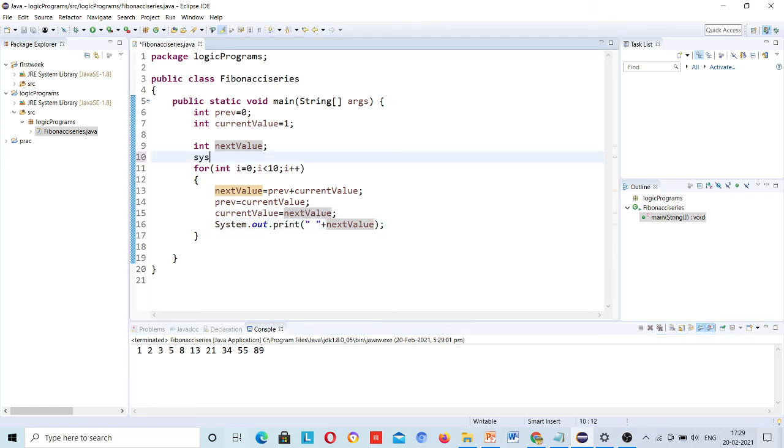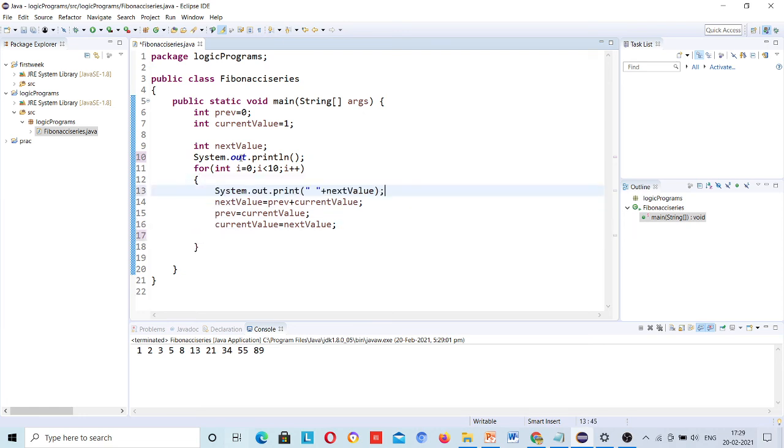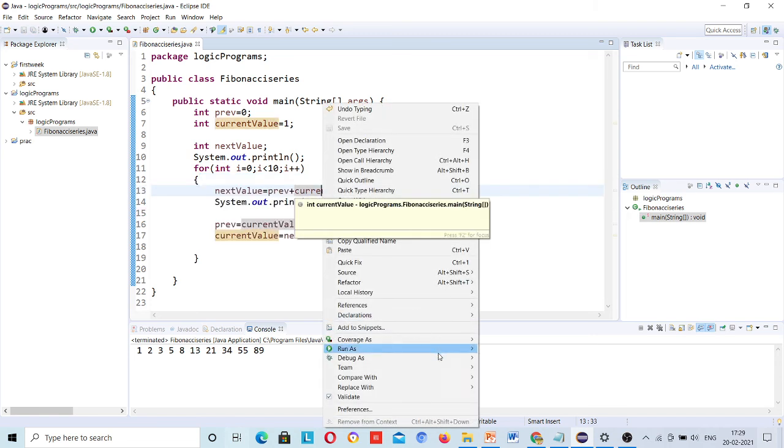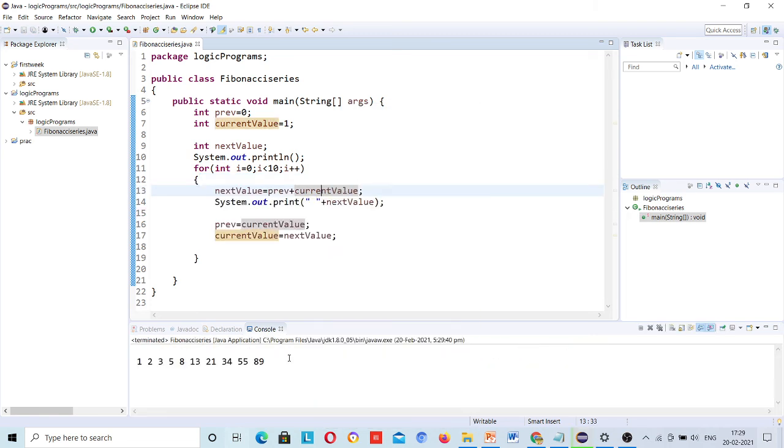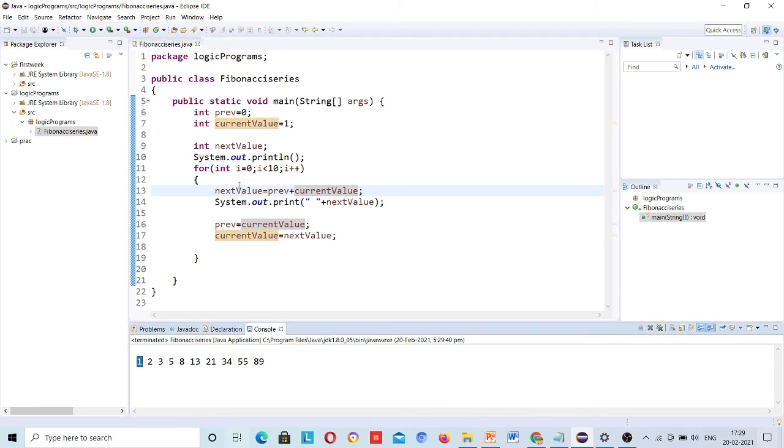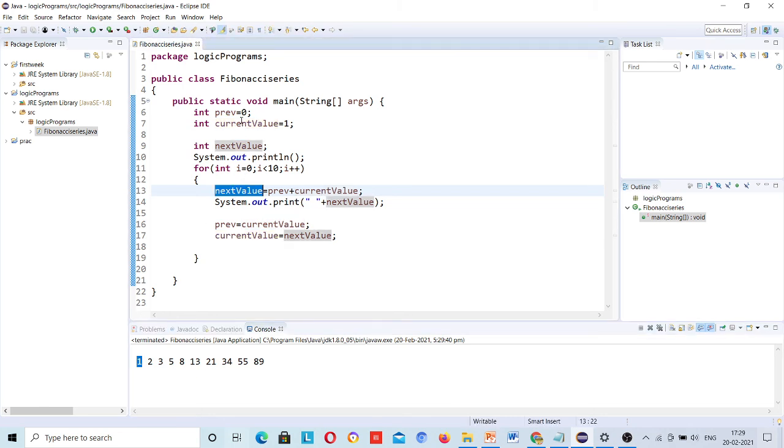So if you want, just print that as well, or you can print this here, so every time it will be printing. Keep it here so that once it is adding, then it will print. Okay, 0 is not printing because I am not using this 0, I'm only adding it.